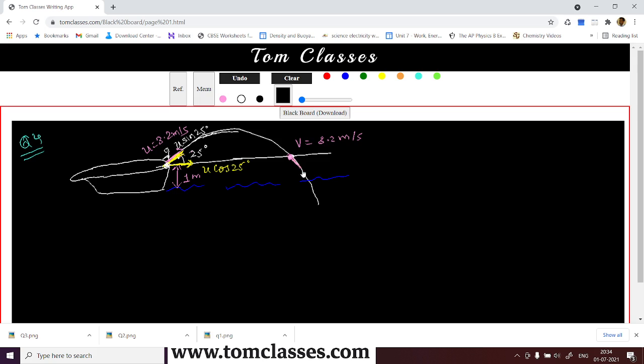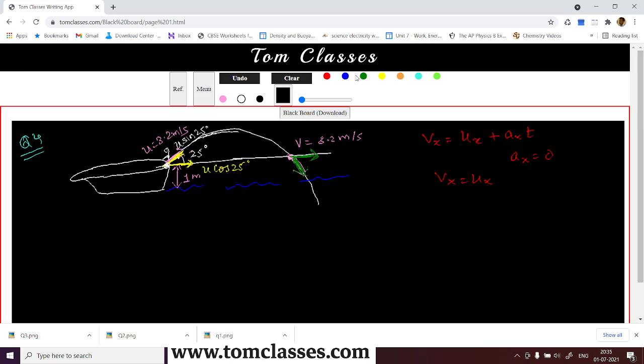So it will have a component over here like this, and it will have this component. So here you can say that my final Vx component is going to be Vx equals ux plus ax into t. But ax is equal to 0, so Vx is always ux. Yes, that's what it is.